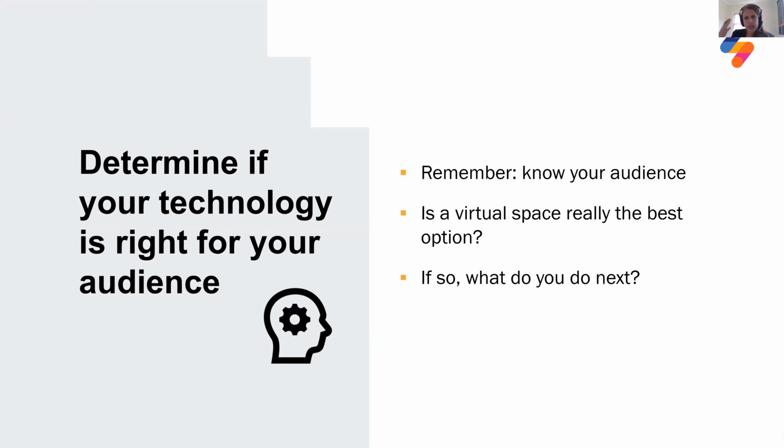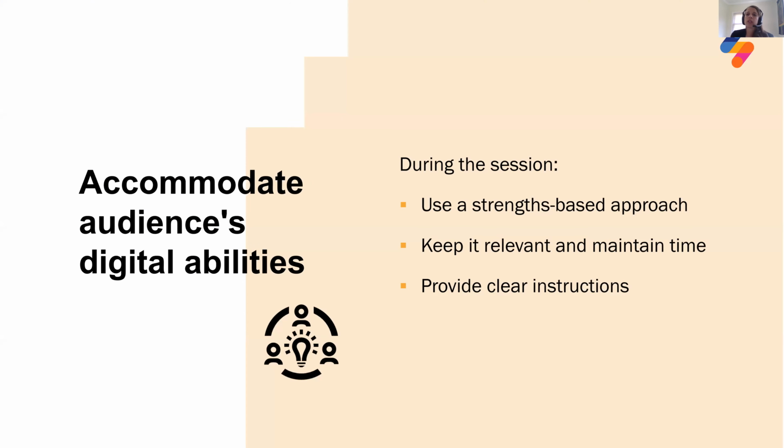So those are the types of things that you want to be aware of. If you have assessed your audience and you feel confident that the virtual space is really still the best space, what do you do next? The next part of this is really accommodating your audience's digital abilities. To do this, you want to make sure you're looking at the strengths that the individuals bring. Make sure that what you're doing with the technology is relevant and you're maintaining time, and then you provide clear